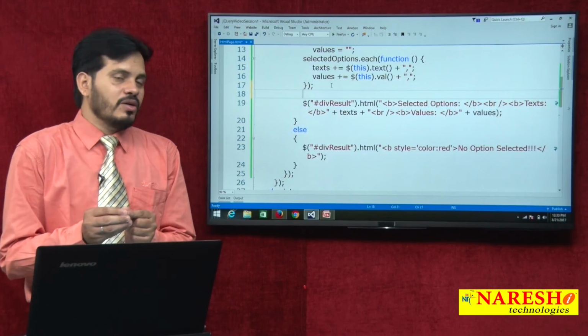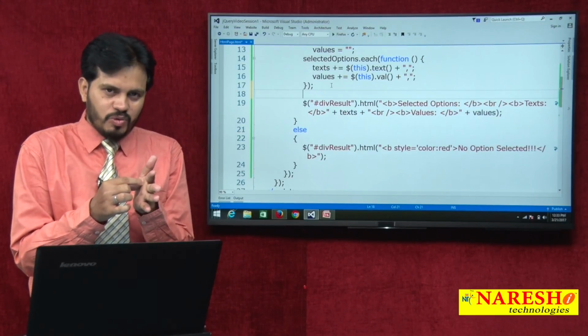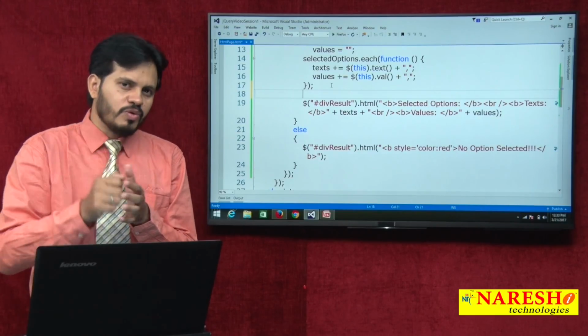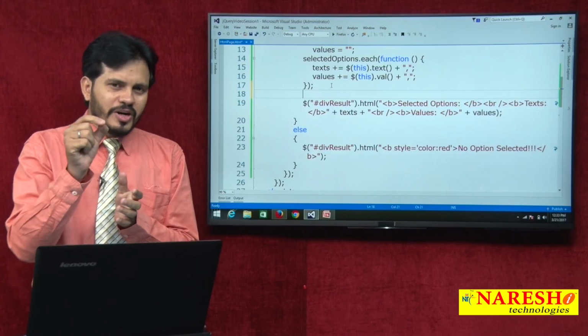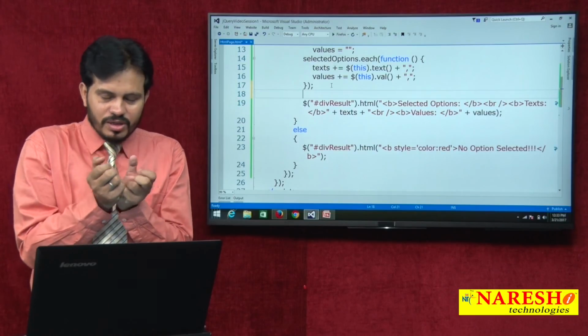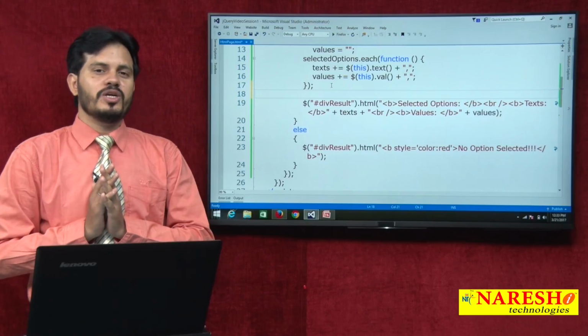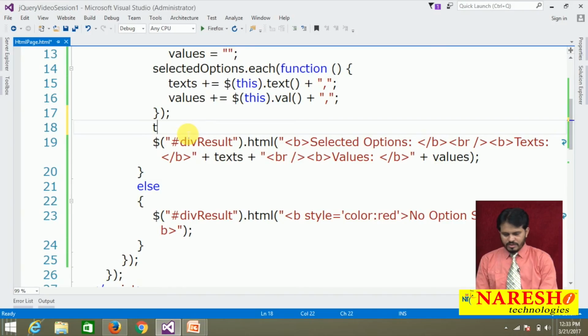You extract all the text content starting from the first character to the last character minus 1. The last character is nothing but a comma. Minus 1 means, except the comma, whatever is left must be extracted into the variable, and that should be displayed onto the page in the div with the id div result. So, text